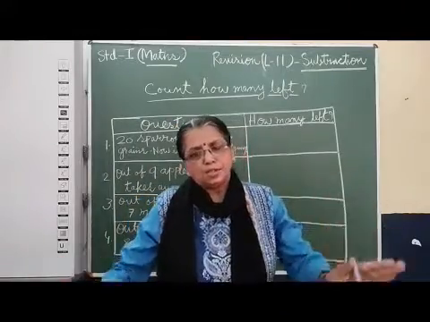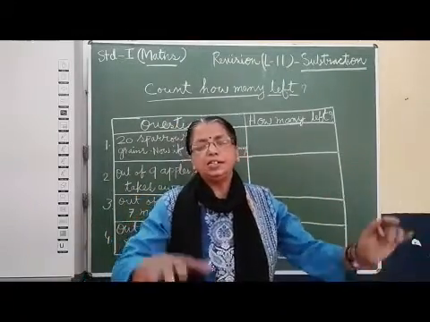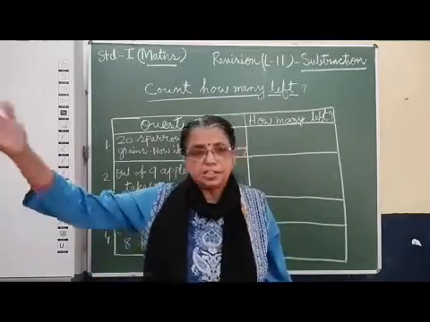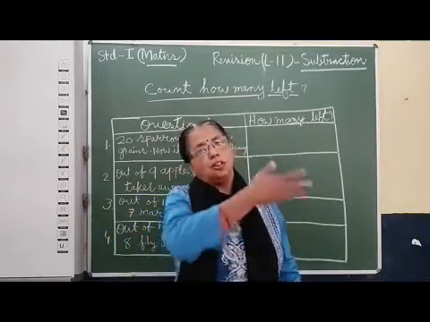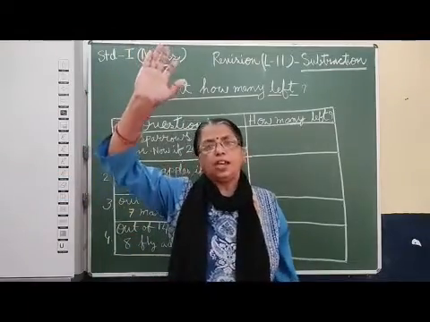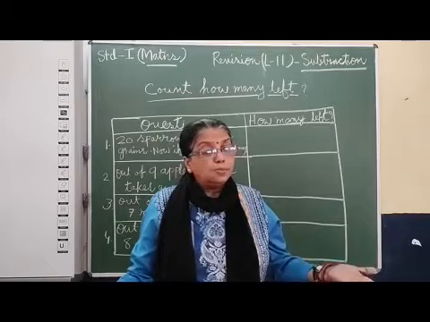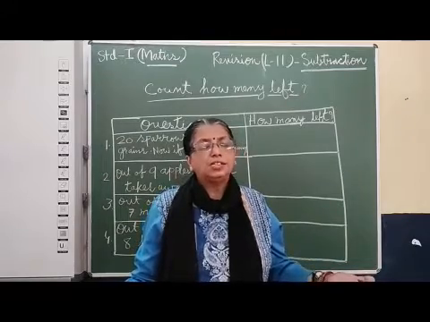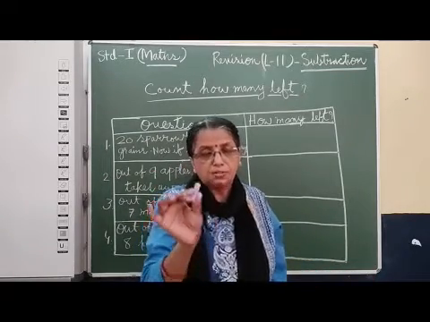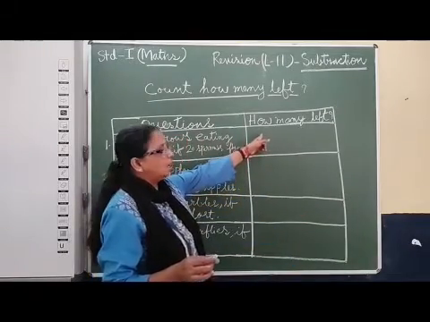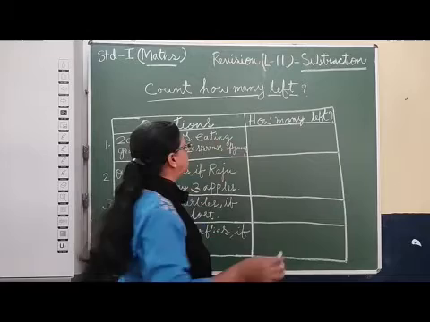Somewhere 20 sparrows are sitting and eating grains. All of a sudden they see someone coming, so all 20 sparrows fly away from that place. How many left? Easily you can say 0. But steps, how to write the steps? That I will show you and you have to follow the same.